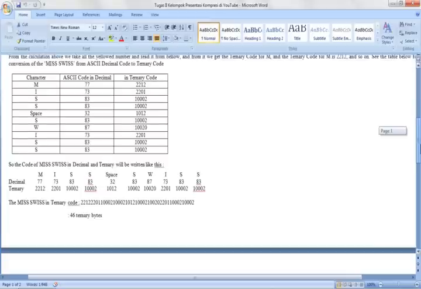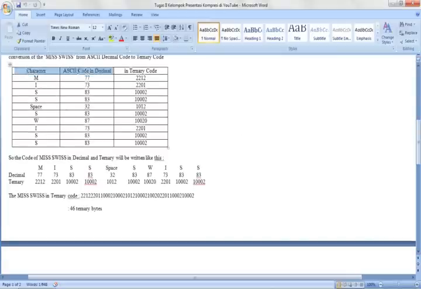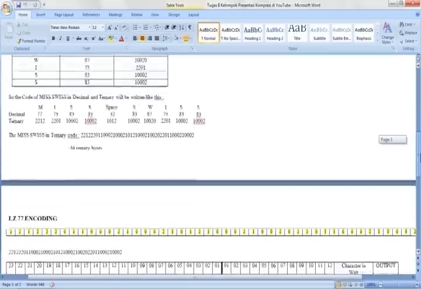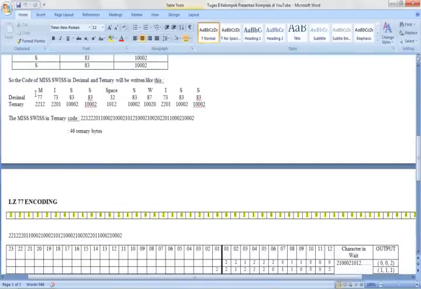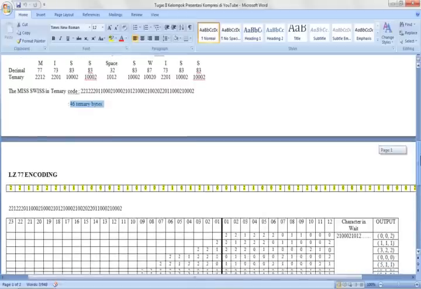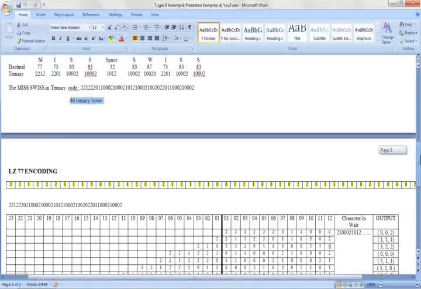Okay, I already made a table here for the conversion from decimal code into ternary code. And here the MISWISH in ternary code will be like this, and it has 46 ternary digits.